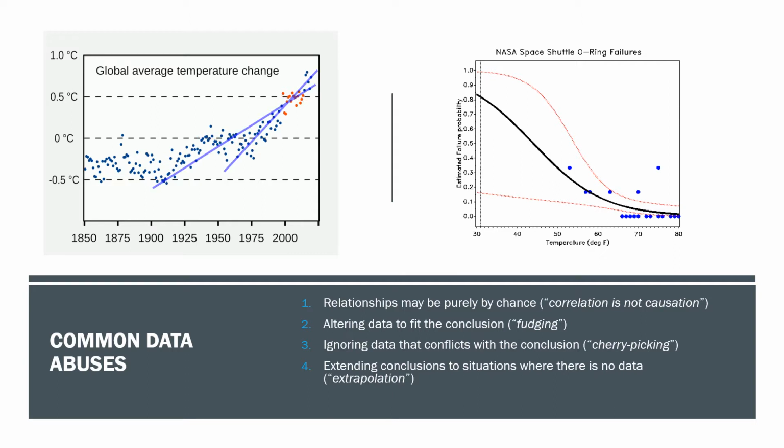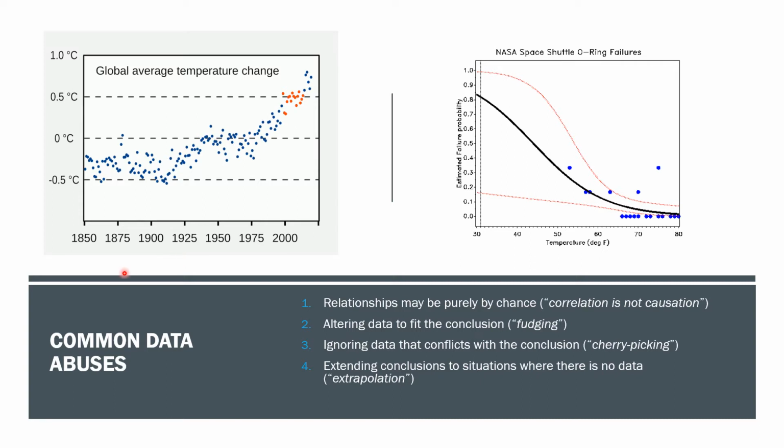When the data doesn't fit, the conclusion has to be discarded or modified. You can't warp or bend the data to fit your conclusion. That's called fudging the data or massaging the data or cooking the data. Whatever you want to call it, it's one of the more serious forms of scientific fraud. And when it's discovered on a professional level, it can mean the end of your career in science. But the most common form of scientific fraud is cherry picking, selecting only the data that fits your conclusion.